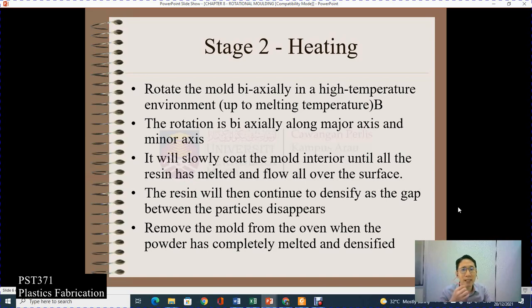The resin will then continue to densify as the gaps between the particles disappear. Remove the mold from the oven when the powder has completely melted and densified. So whenever you heat up and the material starts to melt and flow, and the melt starts to densify, then you remove the heating. So you remove the mold from the oven or the heating elements, and then you go to the